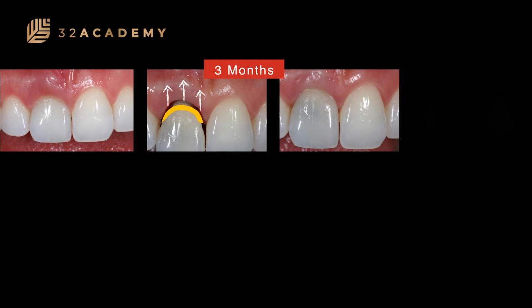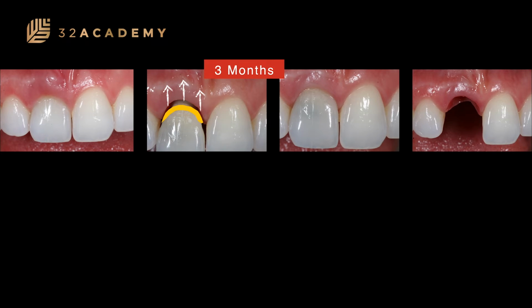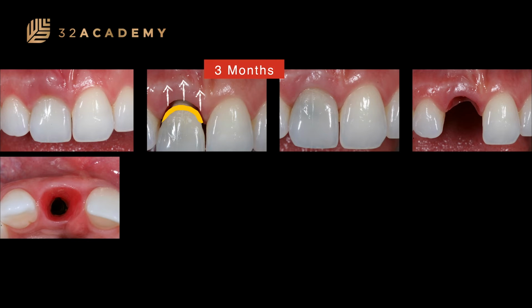So we didn't remove this provisional restoration for 3 months, and after 3 months, to push up the soft tissue in the apical direction, we added composite resin 0.5 millimeters a week for 2 or 3 weeks in order to balance the gingival margin position with the opposite side. As soon as we finish this task, you can see in this image on the right side that the papilla is being maintained in its original position,